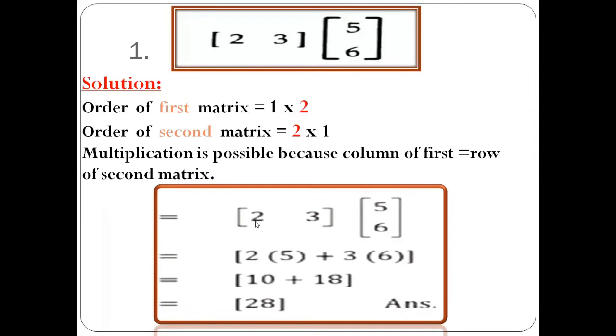Okay, and now that the possibility is checked, we will multiply both the matrices. The first matrix contains elements 2, 3, the second matrix contains elements 5, 6. So this is the first row, row 1, column 1. How will you multiply? You will multiply row 1 by column 1. How? First element with first, second element with second, and then you will add both the numbers. 2 multiplied by 5, 3 multiplied by 6, and then you will add these two numbers. So 2 5s are 10, 3 6s are 18, then 10 plus 18, 28.